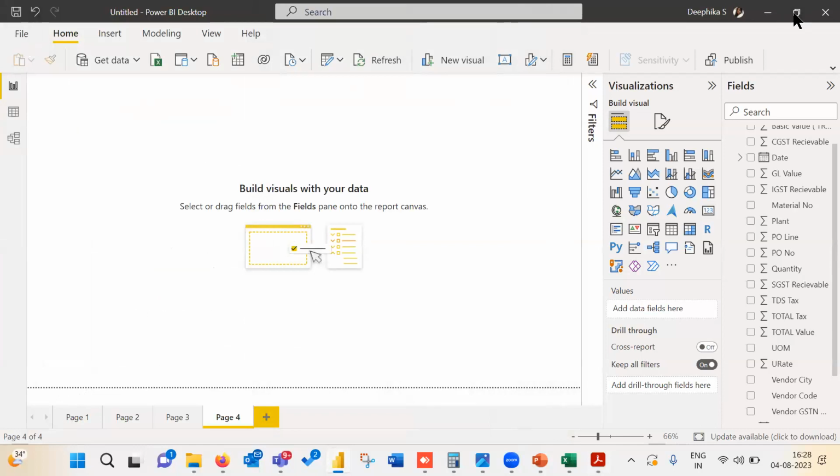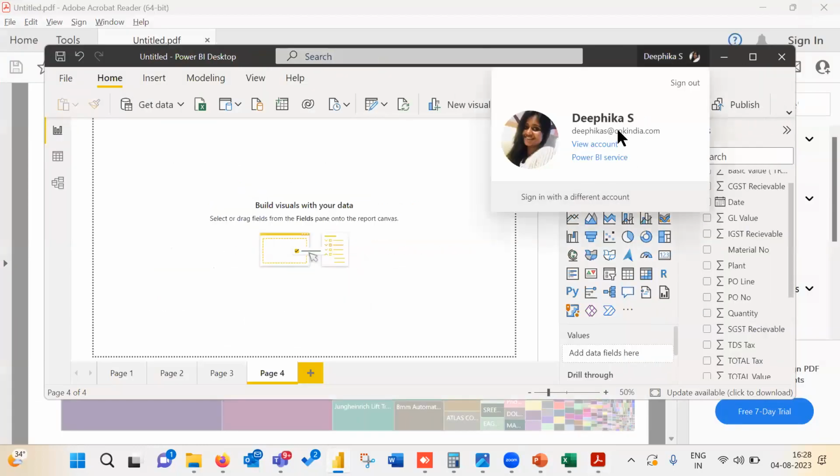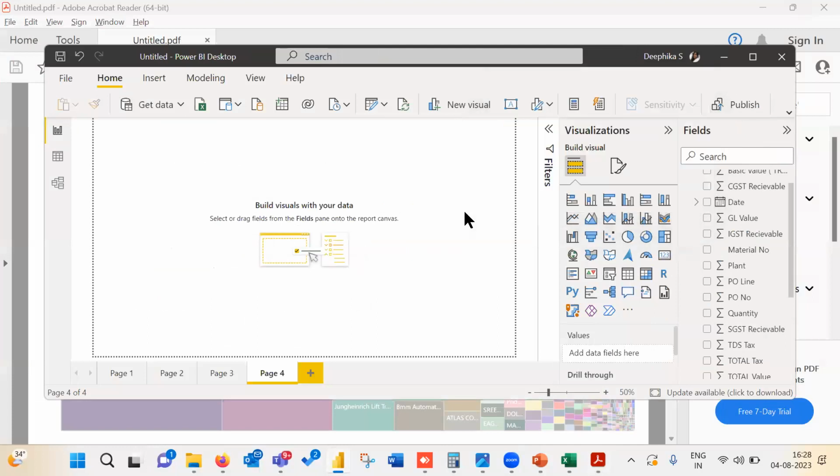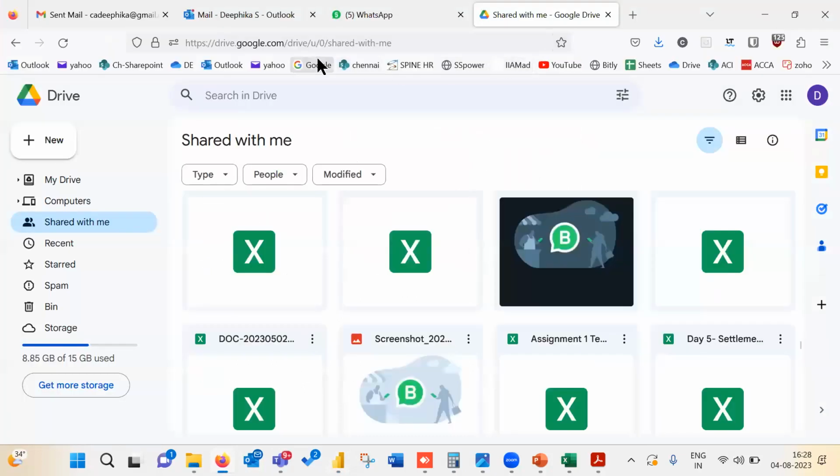For a single user license, we are currently working on Power BI Desktop, right? So you need to have some organization ID, some domain ID with which you can log in. Otherwise, if you have a Gmail or Hotmail ID, you need to create a login with a Microsoft account. Then that account will be taken as a valid account for creating a Power BI account. Once you create this, what happens? A workspace is created in Power BI Cloud.